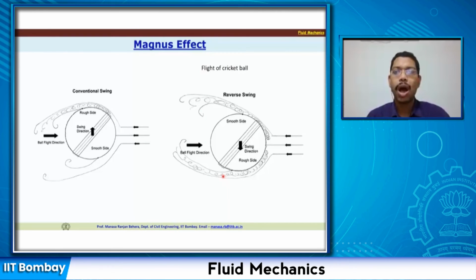So it depends how the bowler is holding the ball, whether the smooth side in front or the rough side in front, that will decide how this swing is going to take place. And again the seam position is also going to matter. If you keep the seam position completely vertical, obviously that can give a completely different scenario. So this flight of the ball, swing, reverse swing or conventional swing, all these depend on how we hold the ball, whether we have the rough side or smooth side.